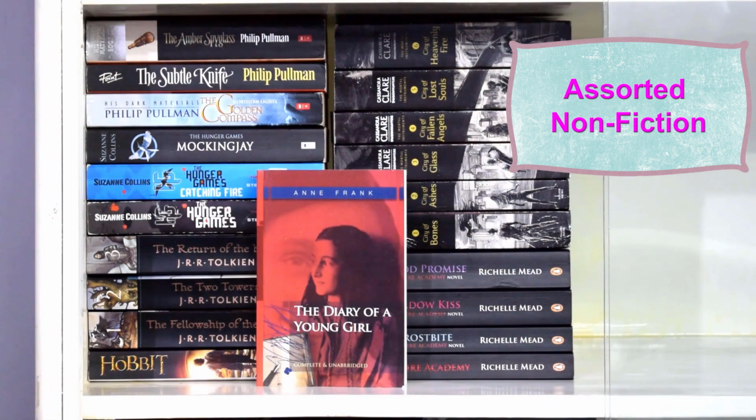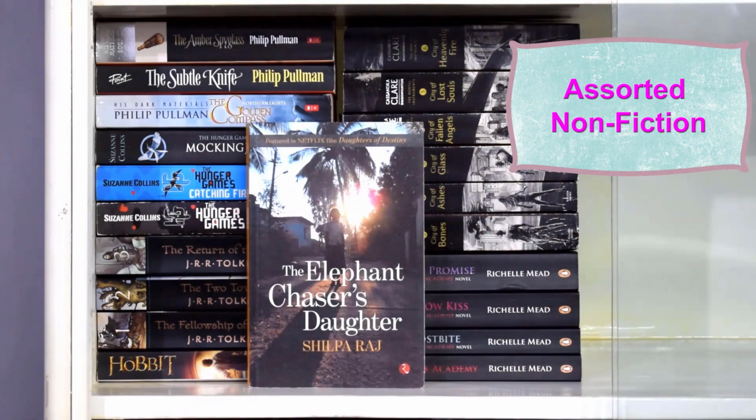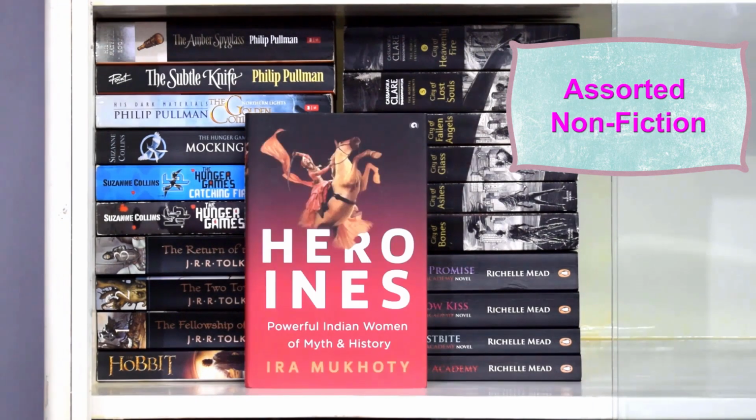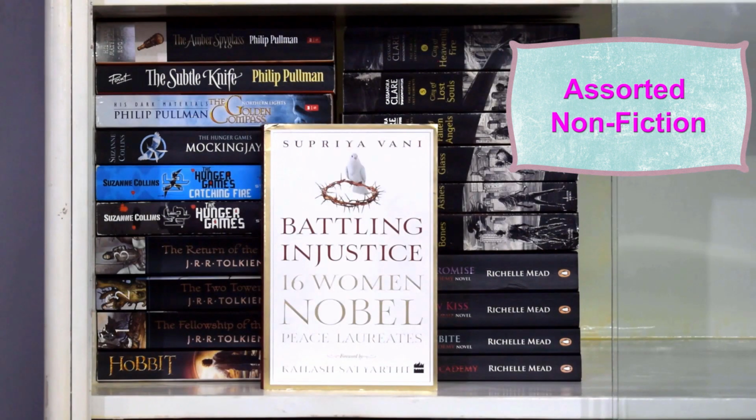Farzana: The Tempestuous Life and Times of Begum Sumru by Julia Keay, The Story of My Life by Helen Keller, The Diary of a Young Girl by Anne Frank, If I Had to Tell It Again by Gayatri Prabhu, The Elephant Chaser's Daughter by Shilpa Raj, Heroines: Powerful Indian Women of Myth and History by Ira Mukherjee, Unbound: 2000 Years of Indian Women's Writing edited by Annie Zaidi, Battling Injustice: 16 Women Nobel Peace Laureates by Supriya Vani,